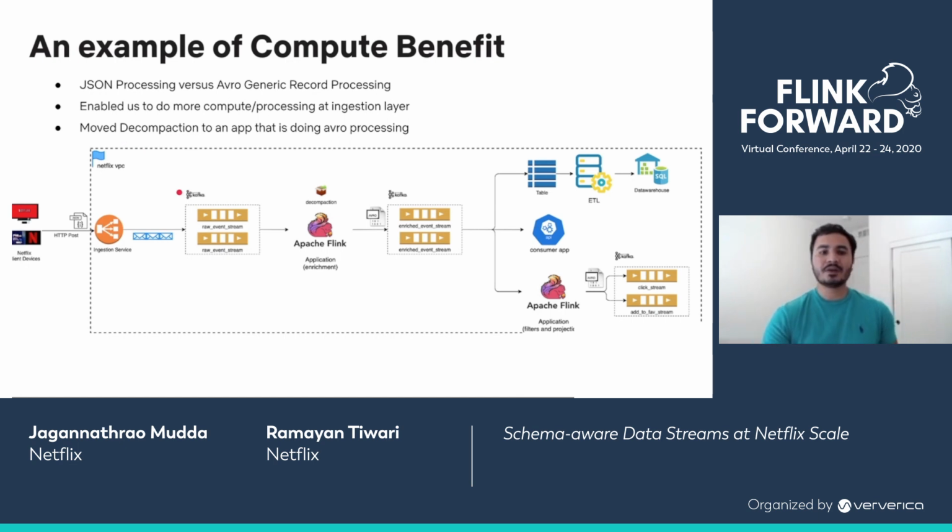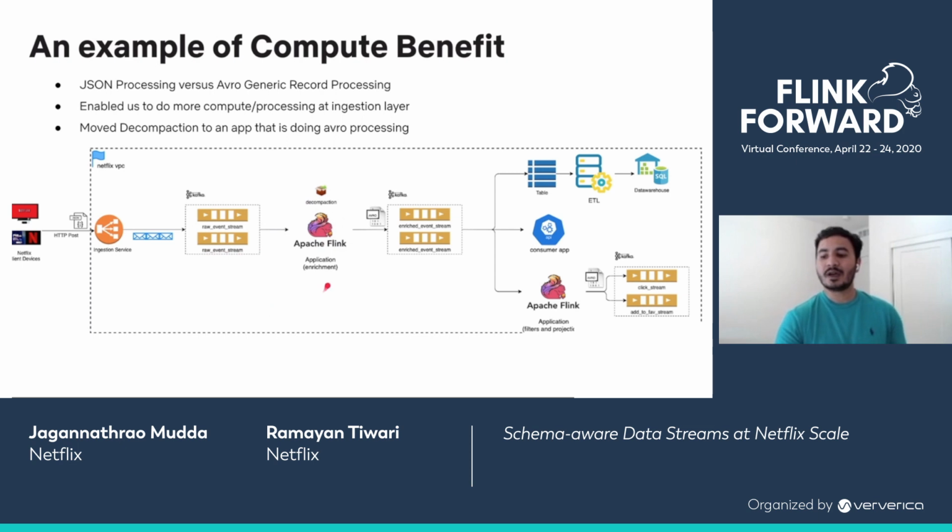In this slide, I want to go over the changes we made to our existing data processing pipeline that my colleague Mudda has introduced earlier. Netflix consumer app is sending log events via HTTP post containing a JSON payload. These requests get routed to one of the instances in the ingestion service. To recap, we used to perform decompaction at this stage. This is where we create individual log events from a compacted batch of events. This process typically creates around 15 log events from one HTTP request. Each of these events translate to one Kafka message.